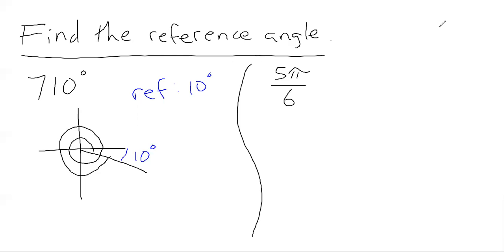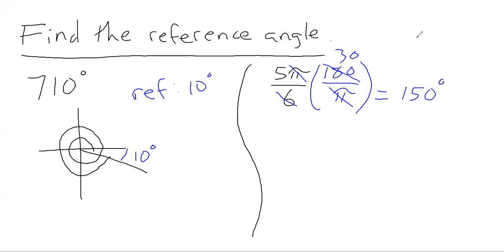Now, if we look at the one on the right here, it's in what we call radian measurement. So what might be helpful here is to convert this back to degrees. So if I take my angle and multiply it by the conversion factor of 180 degrees divided by pi radians, I can see that the pi's would cancel out. I can also see that 6 will go into 180 and leave us 30. And then if I multiply the 30 and the 5, I get a